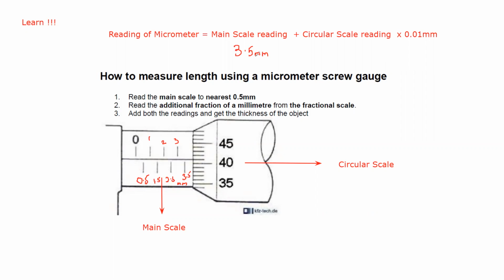The upper one is the whole number, and the values are under. The scale is designed in a manner that the smallest value which you can see is 0.5. This is how they design the scale of this apparatus. So the last value which is visible to you is 3.5 on the main scale.